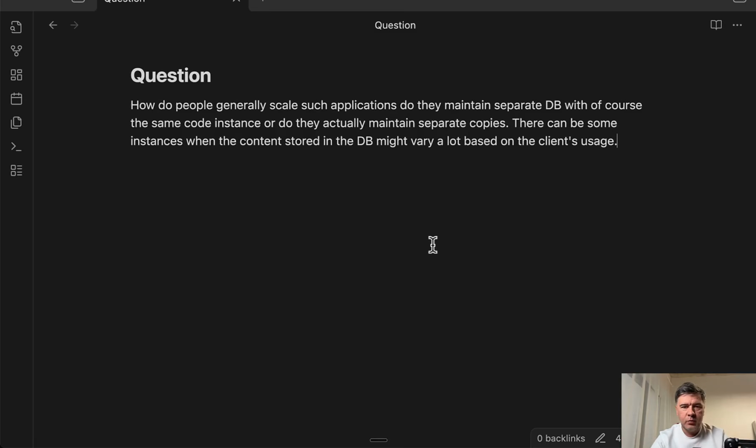And you can end up with a situation that one client may use like one or two features, and then another client would use it more extensively or create millions of tasks, and then you have inequality of the databases, and you may want to separate them into separate servers to have the scale for that specific one client. But this is more like a DevOps topic than coding or Laravel. A lot of things can be configurable with DB connection with the help of that package tenancy for Laravel,